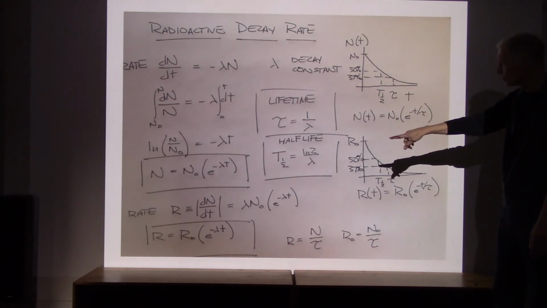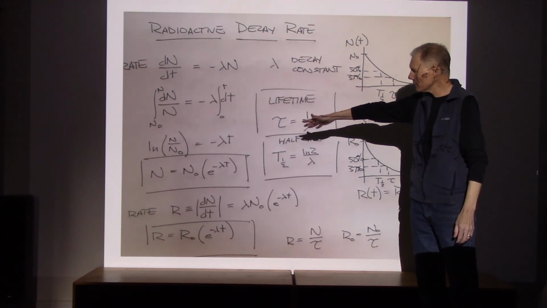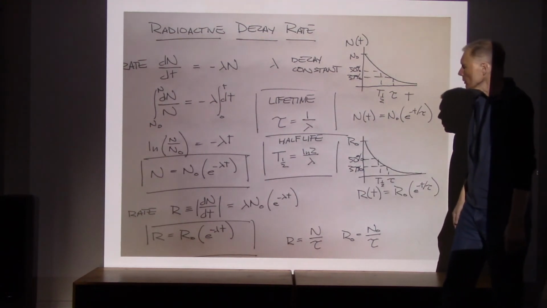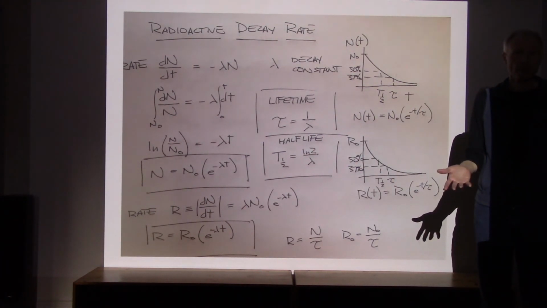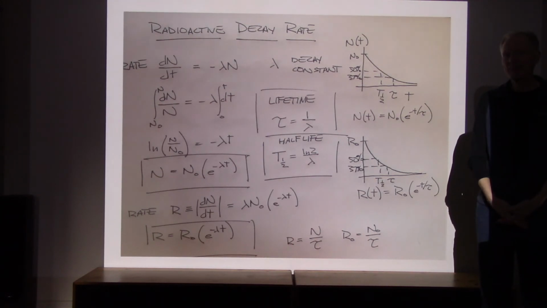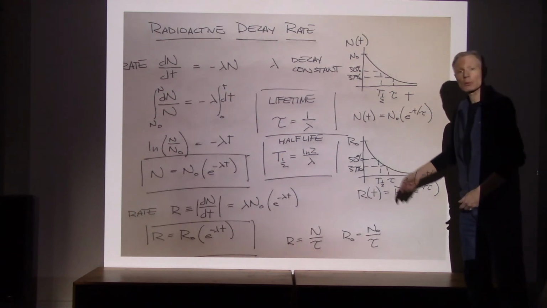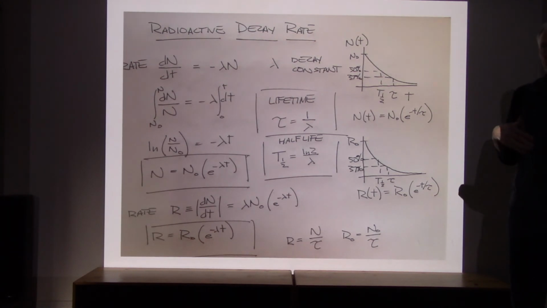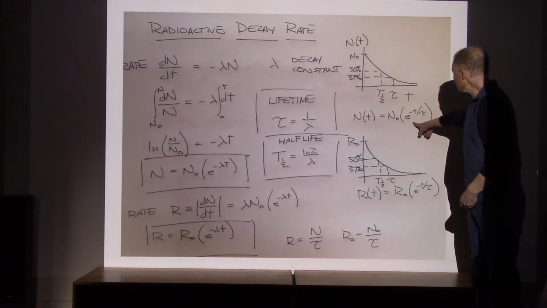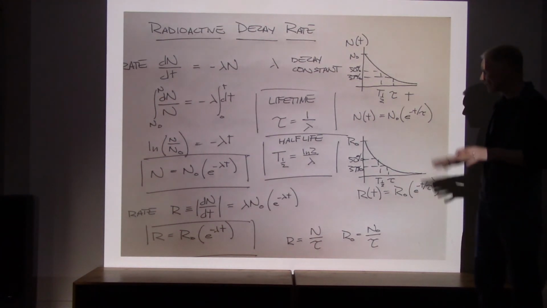Now, the second function that we introduced, we said rather than just counting how many nuclei are in our sample, the other thing we could do is keep track as a function of time at what rate decays are taking place. And the decays are going to occur at a slower and slower rate. As the sample size comes down, the decay rates are going to drop off proportionally. So we said this formula keeps track of the numbers, this formula keeps track of the rate, and a warning here,